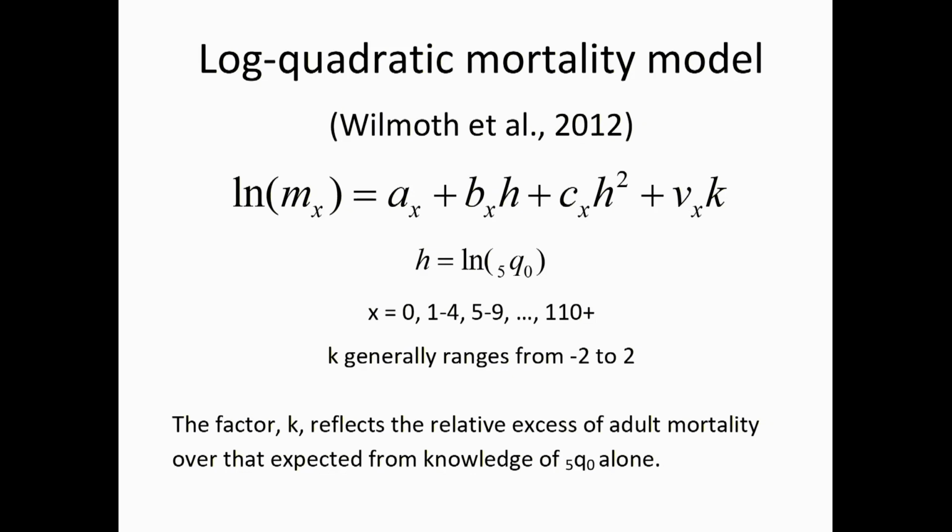And on the slide, you see the age groups that are given. They're generally 5-year age groups except for early childhood, where they distinguish the infant mortality rate. And then K generally ranges from -2 to 2 when you're dealing with countries in Western Europe and the overseas developed countries, by which I mean Canada, the United States, Australia, Japan,